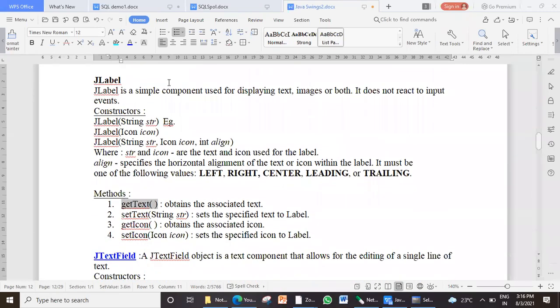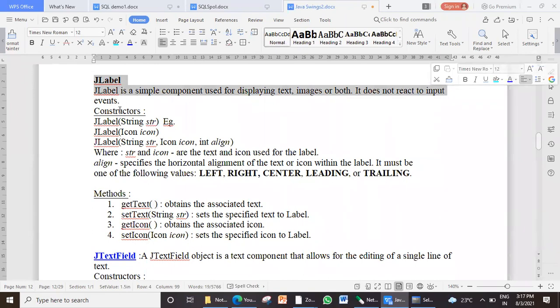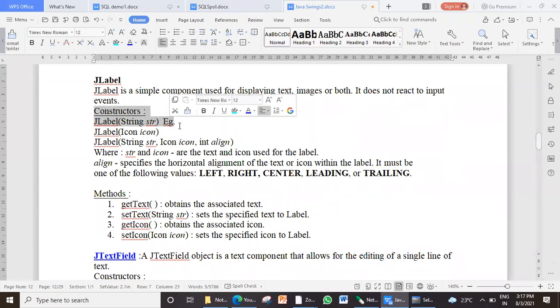Now this was a summary. Yesterday we have already covered JLabel in detail. In detail means what? Suppose for 5 marks, they ask you exclusively to explain one particular component, what you are supposed to explain. First is the usage in one line. The next is the constructor; any one constructor you can specify. And then along with that, an example of how to create a label.